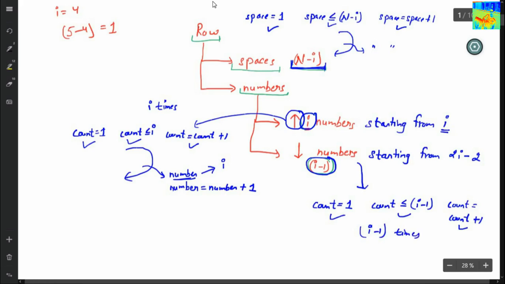Each time this loop is running, I will print a number and then decrease the value of number by 1. So number equals number minus 1, because we have to print decreasing numbers. And the first number that I will print will be 2i minus 2. Okay.